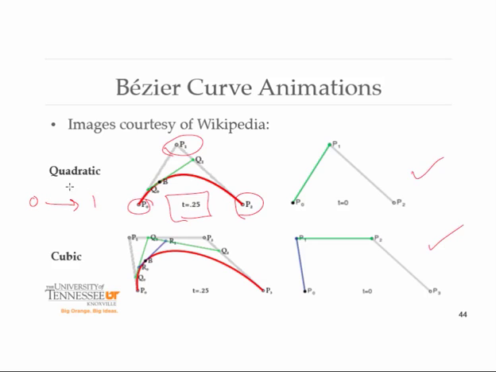So when t is at 0, you're at P0, and by the time t gets to 1, you should be at the final endpoint. And as t moves from 0 to 1, you are tracing out this red curve here. How is it doing that? Well, what we're showing at time t equals 0.25 is the linear Bezier curve that initially started at P0 in the direction of P1, and then shifts and moves accordingly